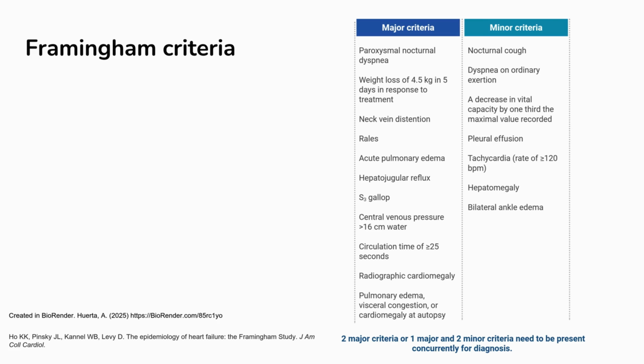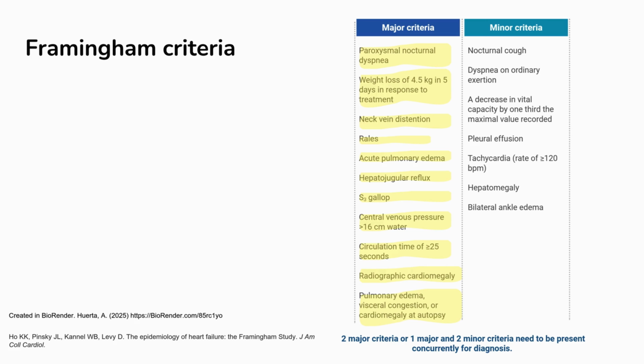In the major criteria, we can find paroxysmal nocturnal dyspnea, a weight loss of 4.5 kilograms in 5 days in response to treatment, neck vein distension, rales, acute pulmonary edema, hepatojugular reflux, S3 gallop, central venous pressure greater than 16 centimeters of water, circulation time greater than or equal to 25 seconds, radiographic cardiomegaly, pulmonary edema, visceral congestion,